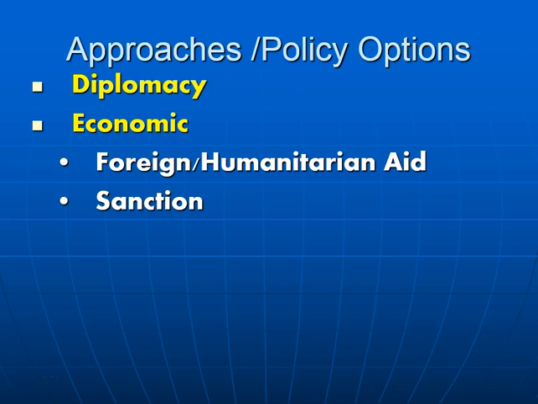If we want to encourage a country to do something, we would give them what's called foreign aid, or sometimes humanitarian aid, or sometimes just aid. And aid is basically giving a country money in the hopes that they'll do something favorable to us. So, for example, the largest recipient of American foreign aid would be Egypt and Israel.